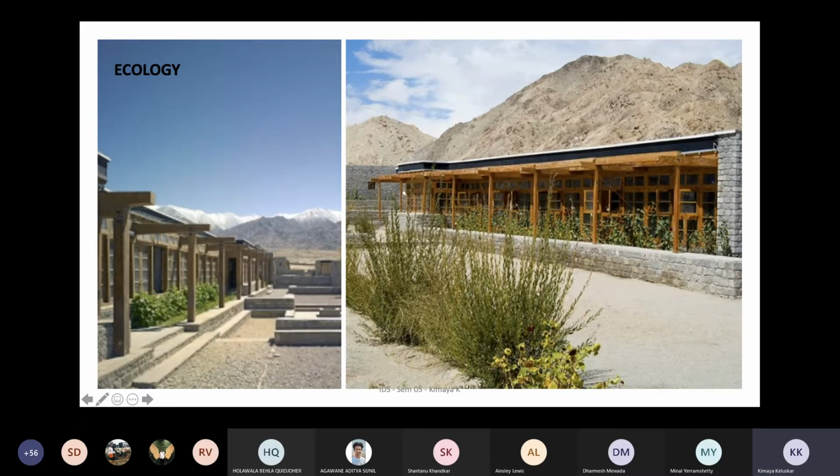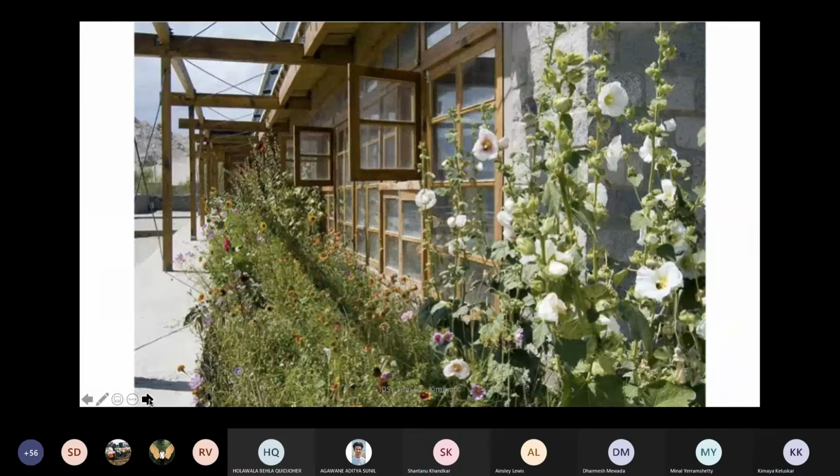Okay, so the entire roof, which is also exposed to the climate outside, absorbs the maximum of the sun's radiation. So here you're inviting the sun actually, and that's why a lot of your design techniques are inclining towards those. So this is the small garden which aligns along the entire stretch of the classrooms.